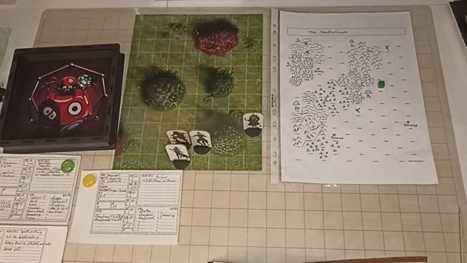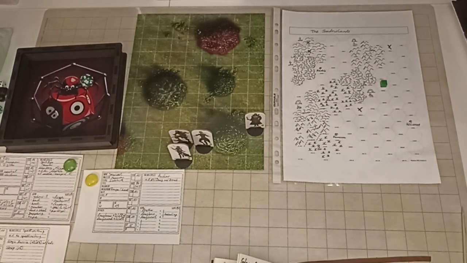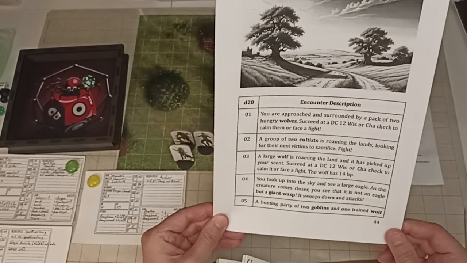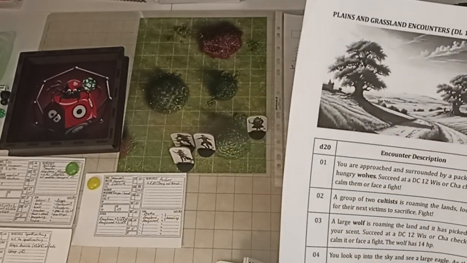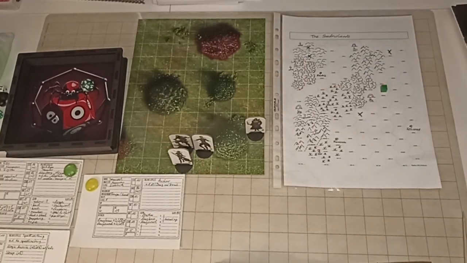2. Okay. So that is an encounter I cannot avoid. It is a group of 2 cultists roaming the lands looking for their next victims to sacrifice. Fight. All right. So, yeah, as we,